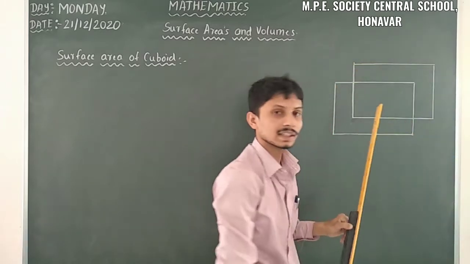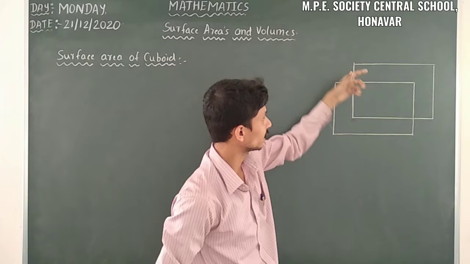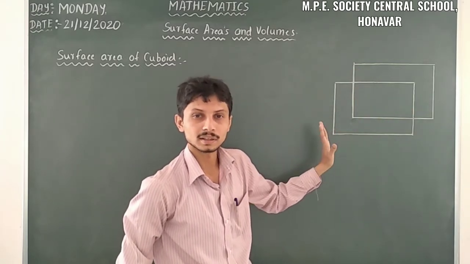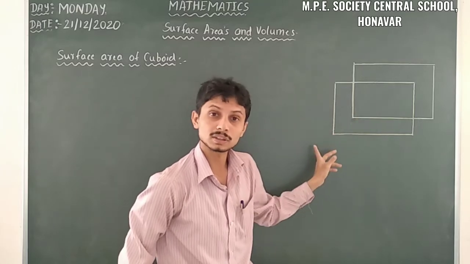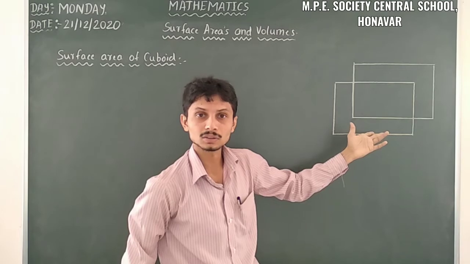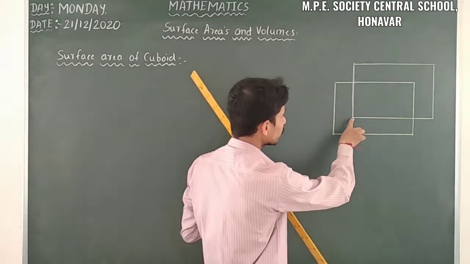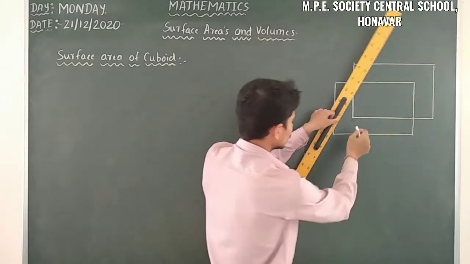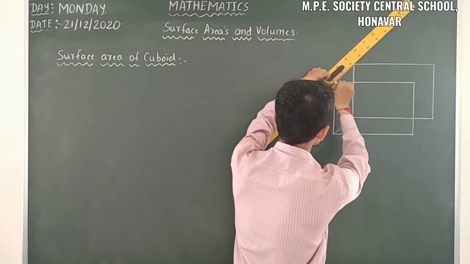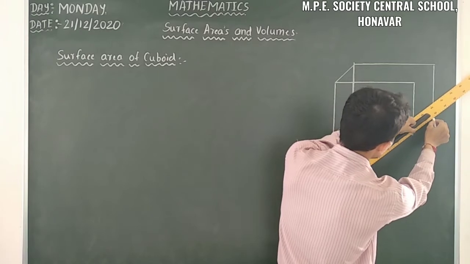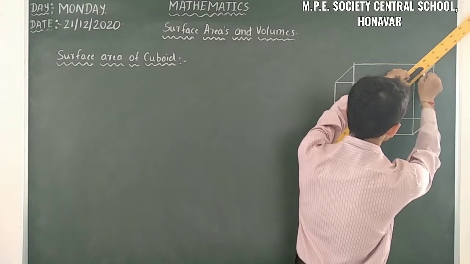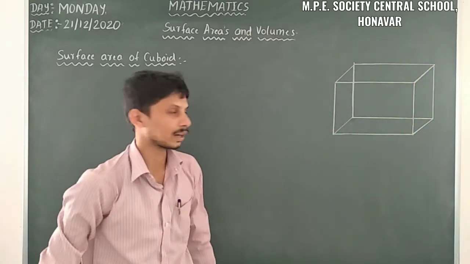So you can take any distance here and there, no problem. But we have to take congruent rectangles. The corresponding sides are equal and corresponding angles are also equal. So then what we have to do, this vertex and this vertex we have to join. Here we have to join these two vertices, and here we have to join these two vertices, and corresponding vertices we have to join here. Yes. This forms a cuboid.